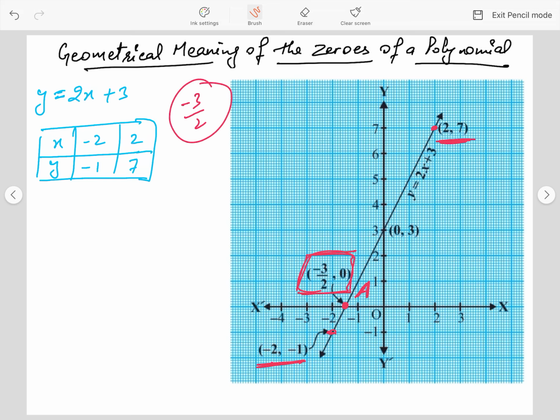Now let us see how. If we put -3/2 in place of x, and we get the resultant as 0, then we are verifying the given question. So in place of x, we write 2 times -3/2 plus 3. We will cancel out 2/2, then -3 plus 3 will be equal to 0. So that means -3/2 is the zero of the given polynomial. So a linear equation cuts the x-axis once only, and we have only one zero for a linear equation.